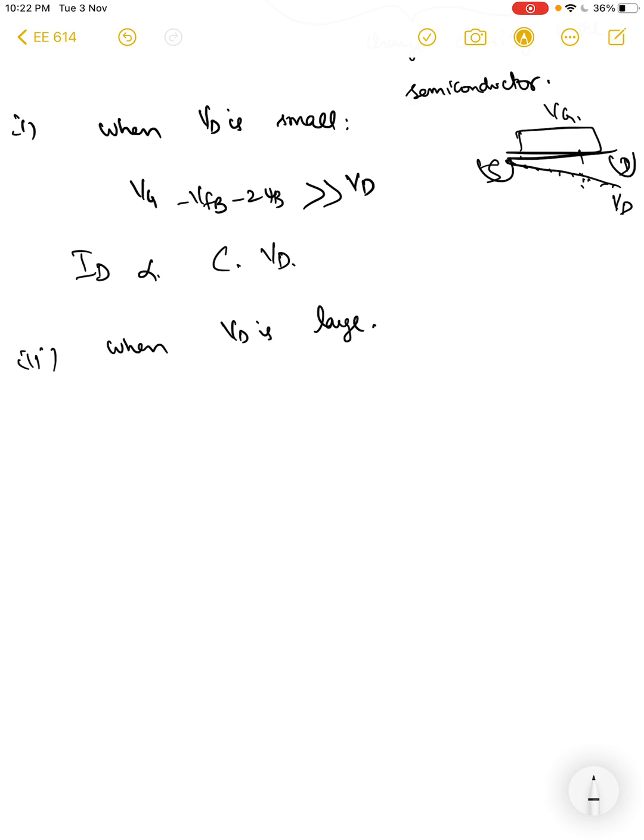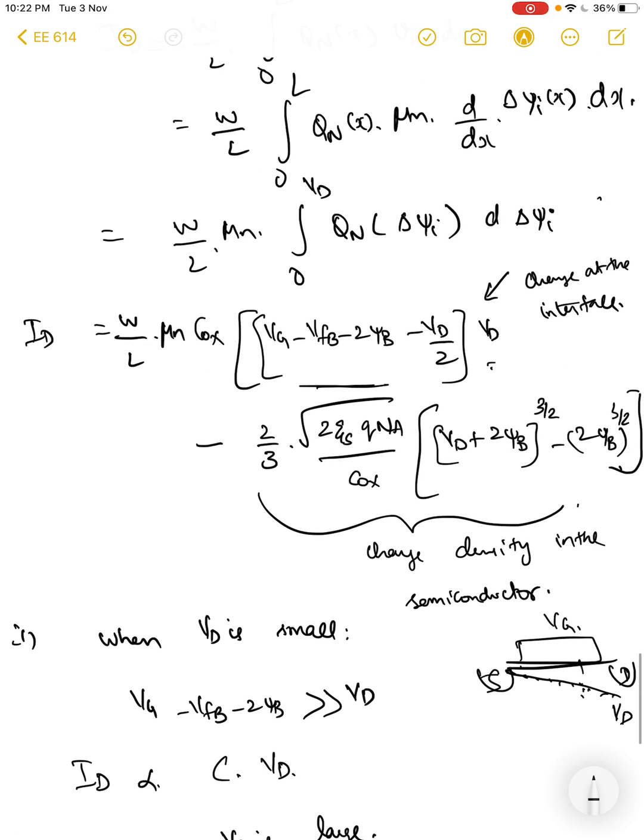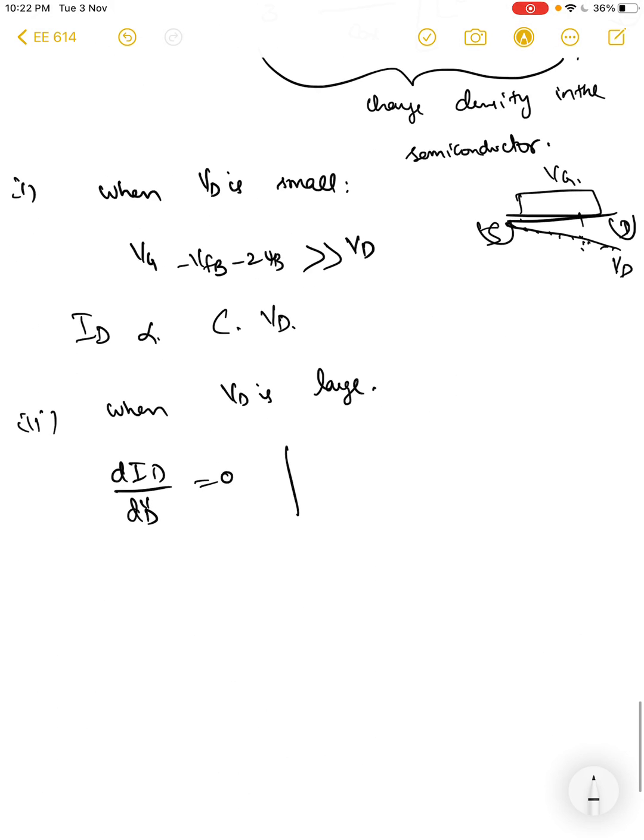So that you can do by setting dI by dVd to be 0. I take this to see when the current maximizes, at what drain potential do I have a maximum current? We take this expression, differentiate it with respect to Vd and put it to 0. We get what is called Vd saturation. So Vd sat will turn out to be some potential at the length of the channel, some drain potential,